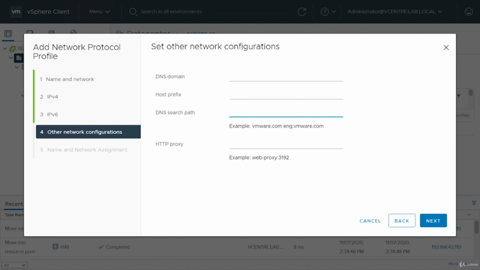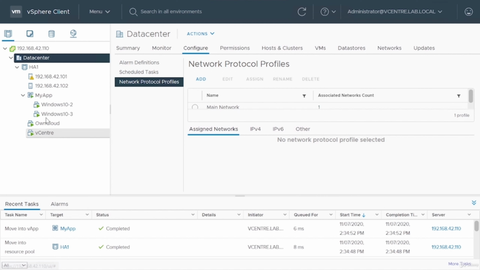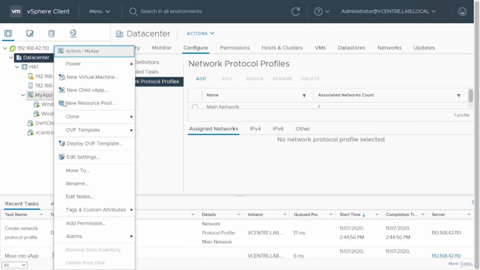DNS search path is which domains are we going to search for. If someone just puts in a server name on its own, which DNS domains are we going to search? And then if there is a web proxy on that network, what is the details for that? I'll say finish. And now in our vApp,